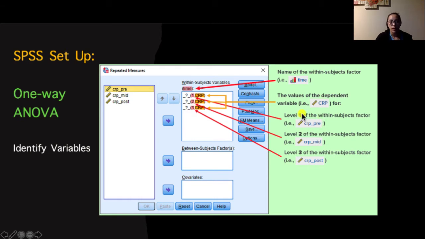So level 1, we can say is the pre-group, so we could assign this variable here to this first level. Level 2 would be the mid-group. Again, input this one into the second spot. And then level 3 would be our post-intervention measurement. CRP is just referring to the dependent variable that you're working with. This will actually become more important when we start doing,